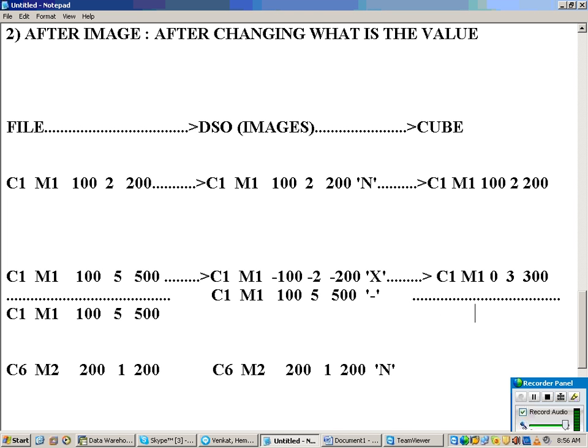Even though it adds up, what is the value now? C1M1, 100 plus 0 is 100. 2 plus 3 is 5. Then 200 plus 300 is 500.